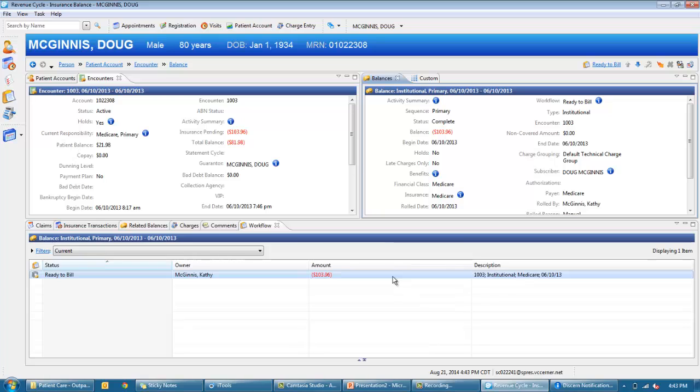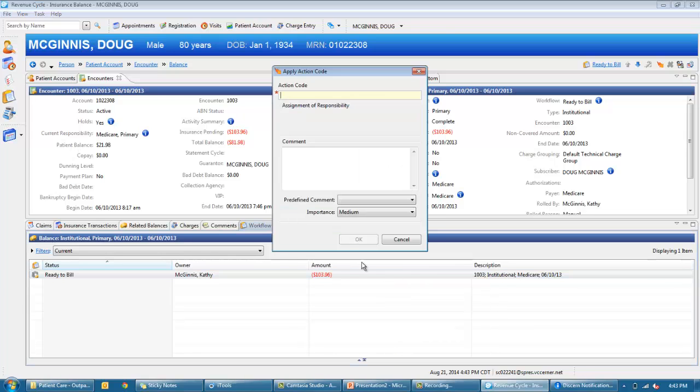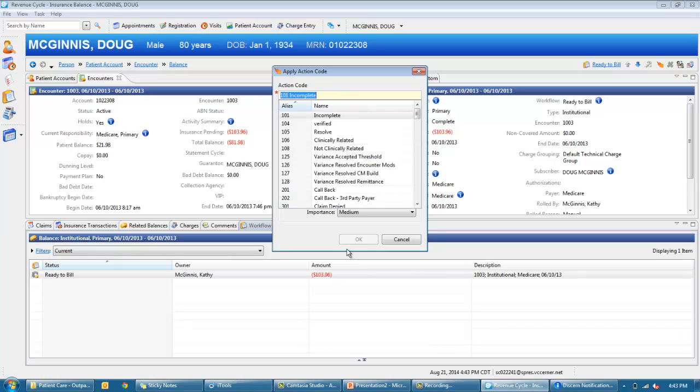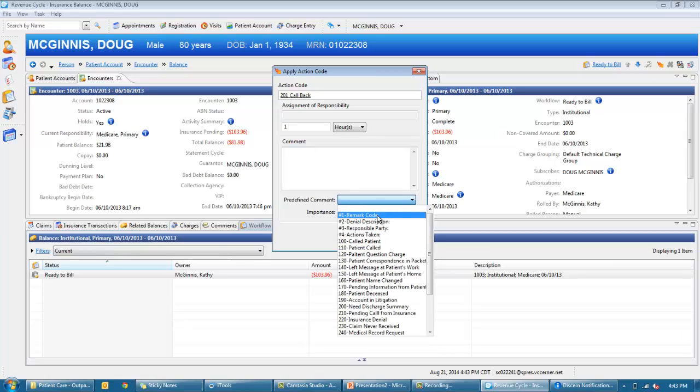I can see down here that this patient is ready to bill. And if I need to apply an action code for this patient, I can do so. Perhaps maybe I needed to say that we should call back on this account. I also can determine a time frame. So maybe I needed to call back in a day or maybe just an hour, and also add in a comment. So maybe I needed to say,